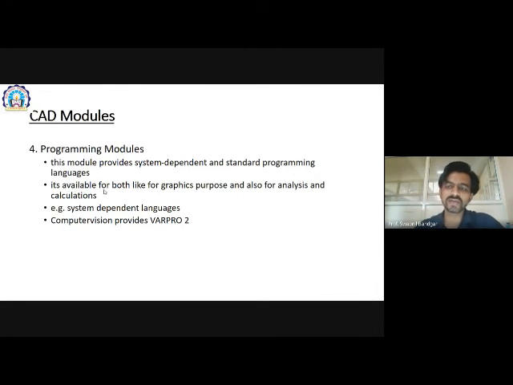Why are these programming modules needed? Because from the programming itself we can model different modules or different products directly. Okay, if there are particular operations, say they are only making a mouse or only making goggles, then they don't need a CAD model.